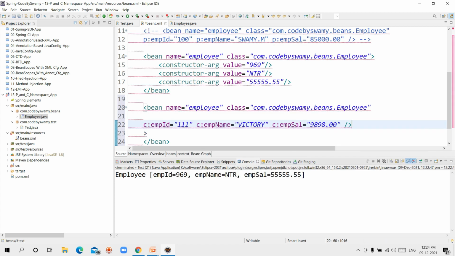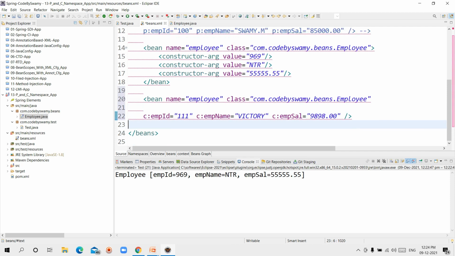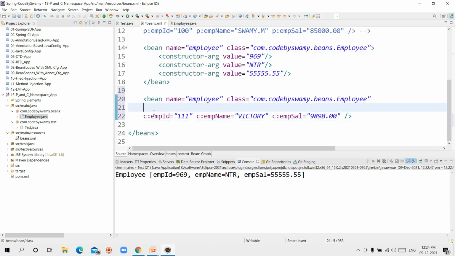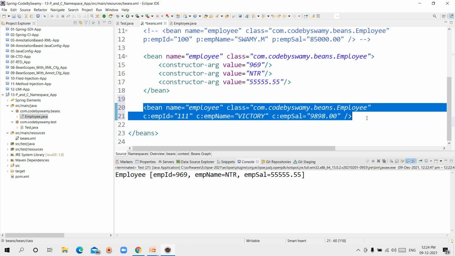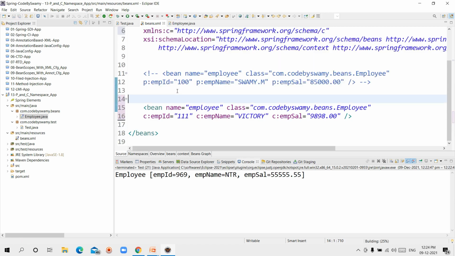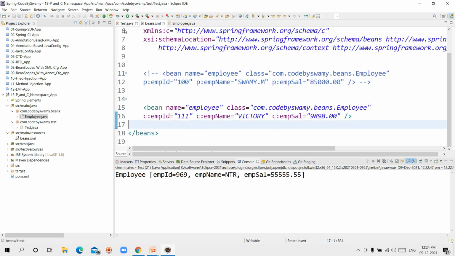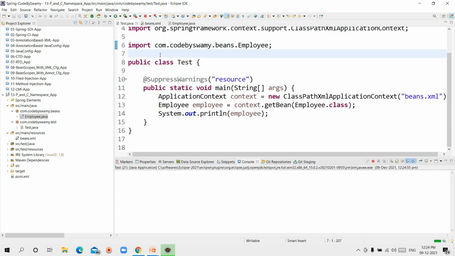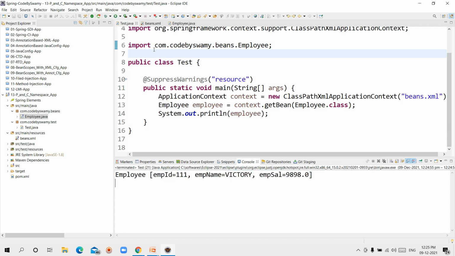Here only I am closing the tag. Further, this bean is not required. Let's understand, these 2 lines of code are equal to these 5 lines of code. So I don't need this, just delete it. Go to the test class. Let's run the application. Yes, this is the output.